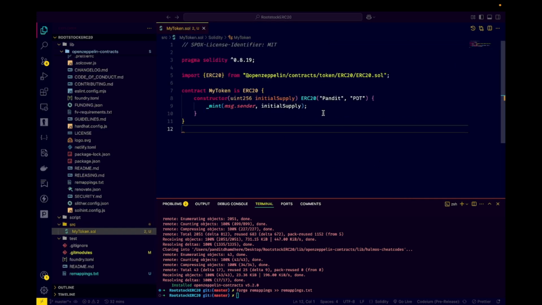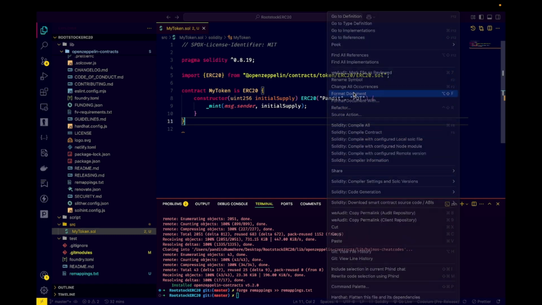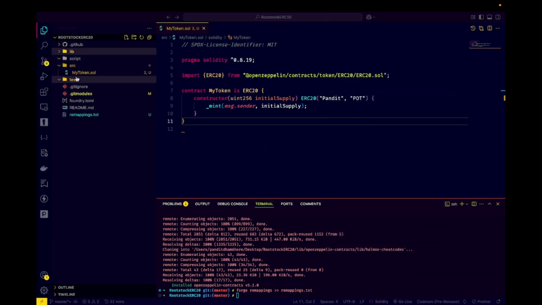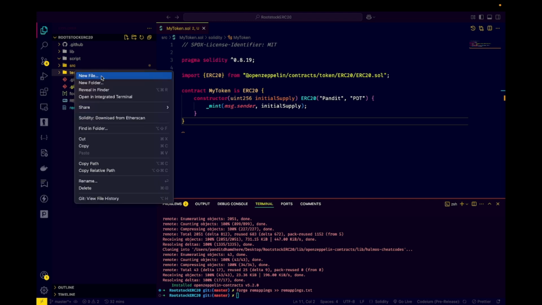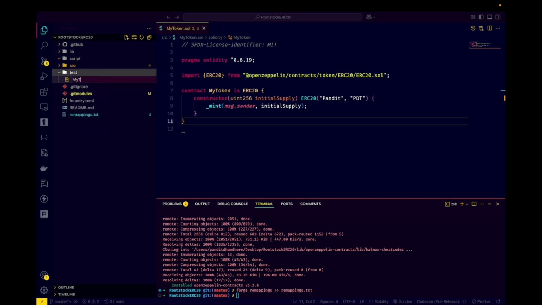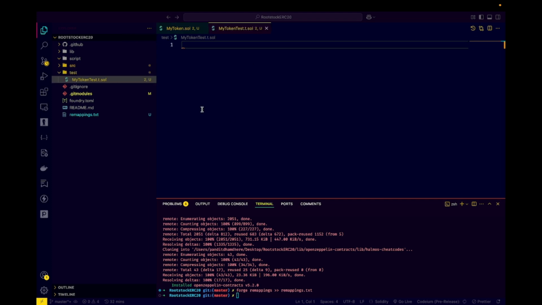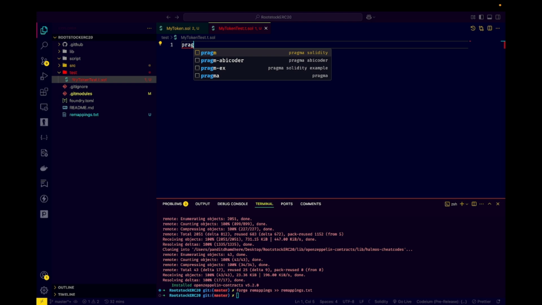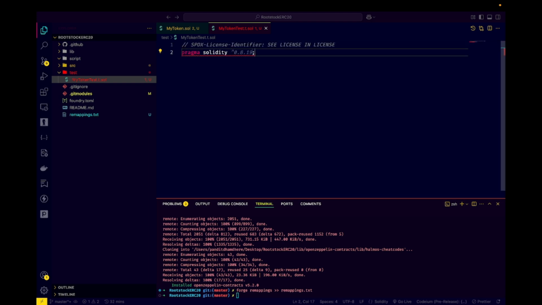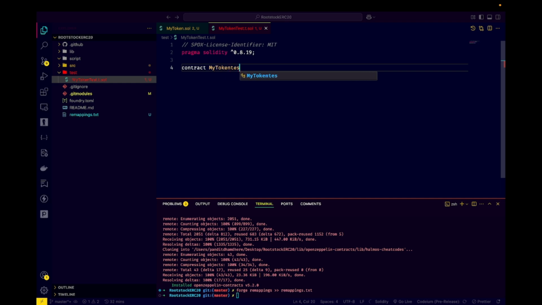So we have our smart contract ready. It's time to write some tests and let's test it. So for that we are going to create a new file inside the test folder, and let's name it MyToken.t.sol, and let's start writing the test. Pragma solidity, yeah, thanks to Copilot, 0.8.19, and it's MIT, and let's start writing the test contract MyTokenTest